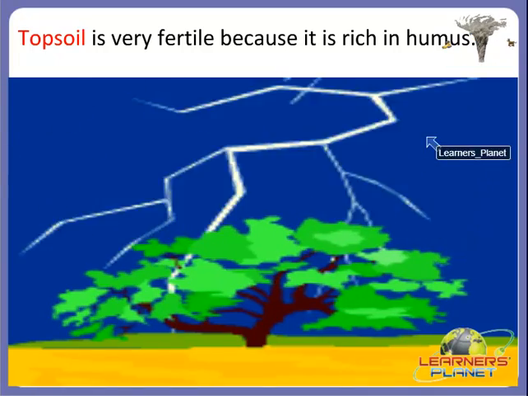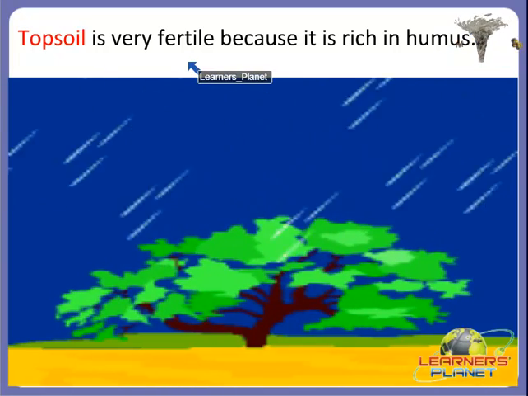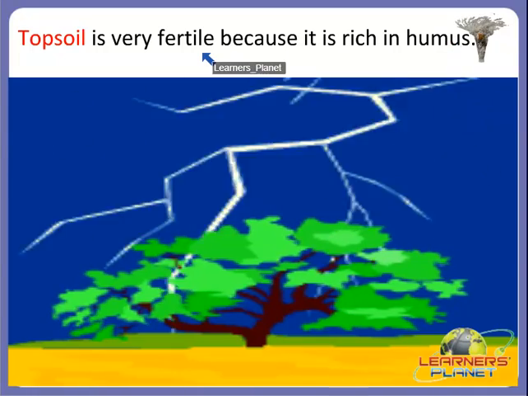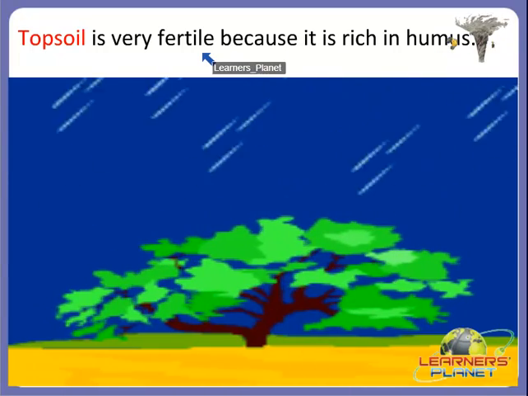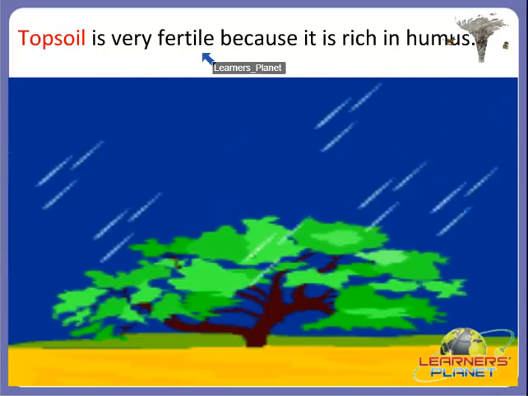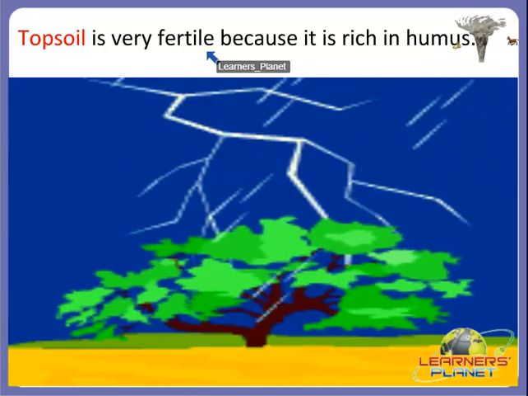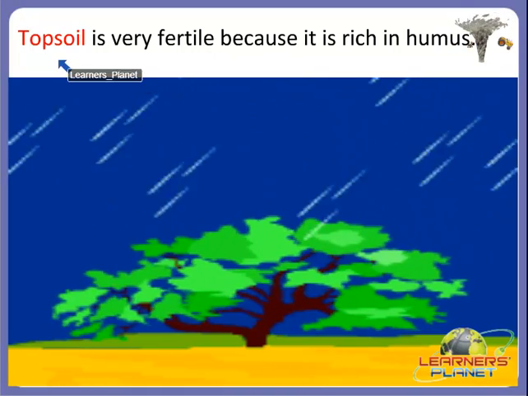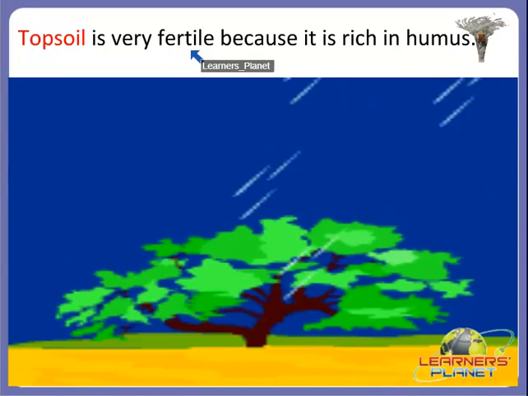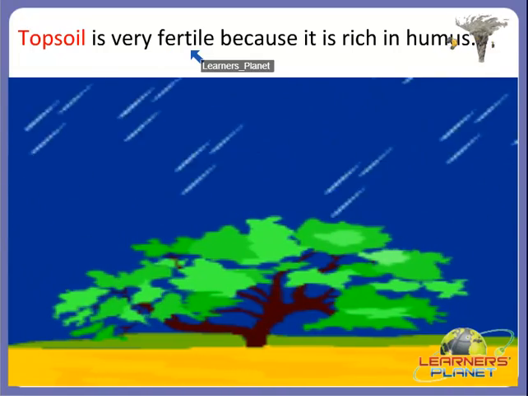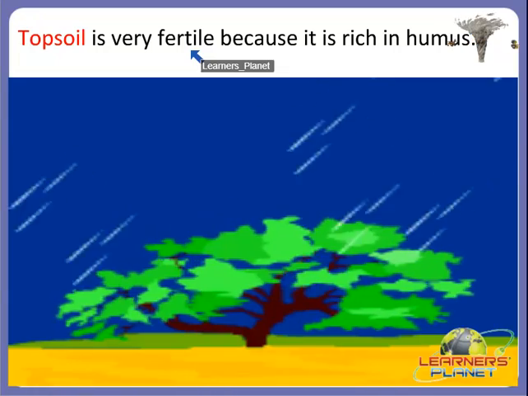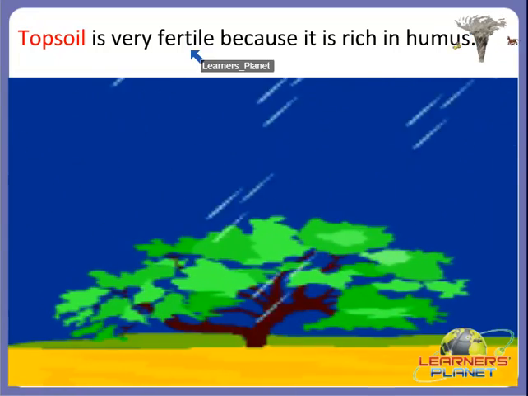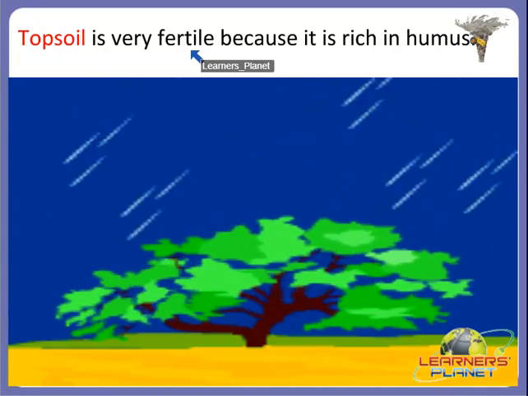So children, what is fertile? Yes, fertile means the plants can grow very well on this soil. So topsoil is very fertile. Fertile means it is very nutritious for the plants, very useful for the plants, because it is rich in